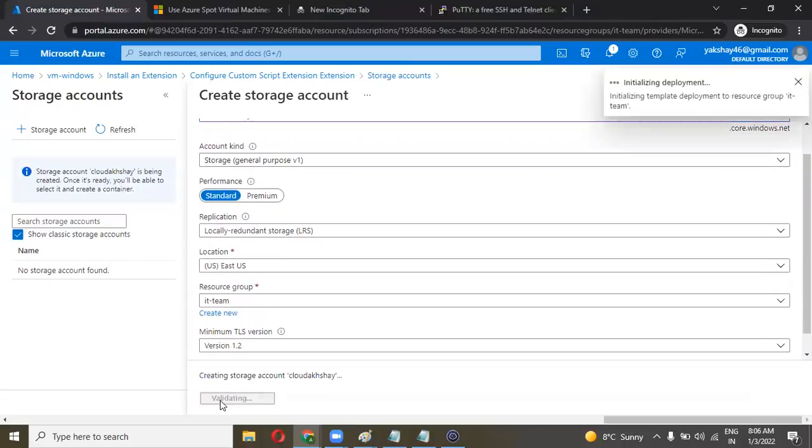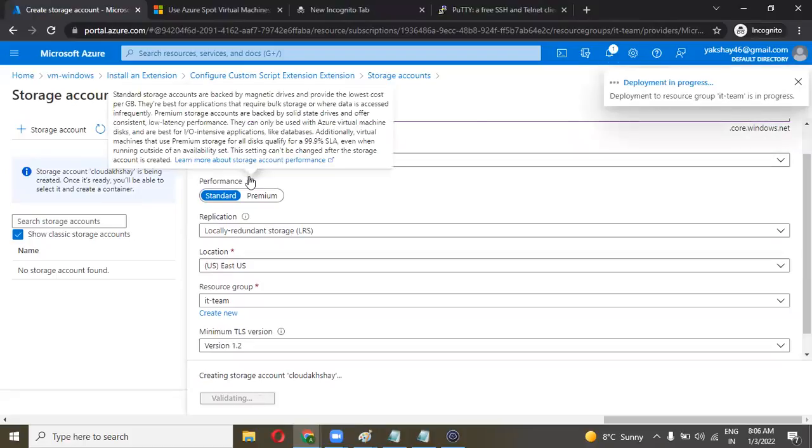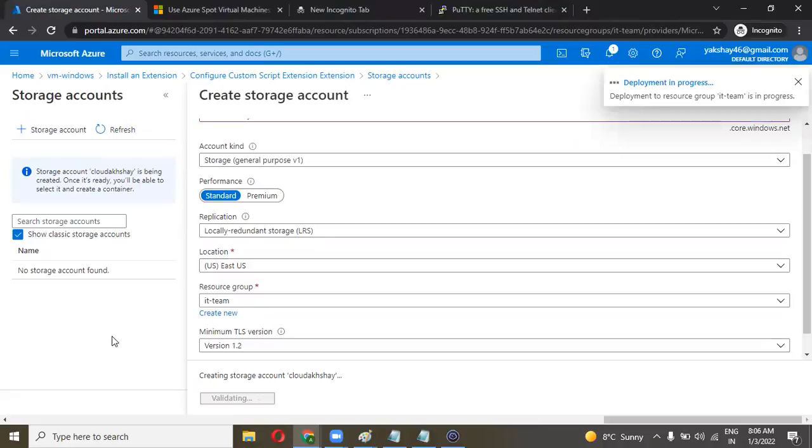Okay, and we will see these things in the upcoming session when we study Azure storage or Azure Blob storage. Deployment is in process.